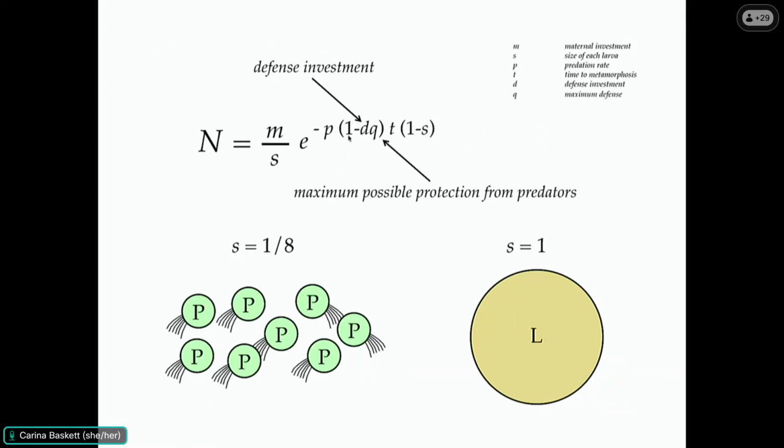So we're going to multiply the predation rate by 1 minus something that says how well protected they are, which is how much they've invested in defenses and how effective defenses are. Defenses aren't perfect. A whale doesn't care if you've got bristles, it's just going to eat them anyway. But they can protect themselves to some degree. On the other hand,